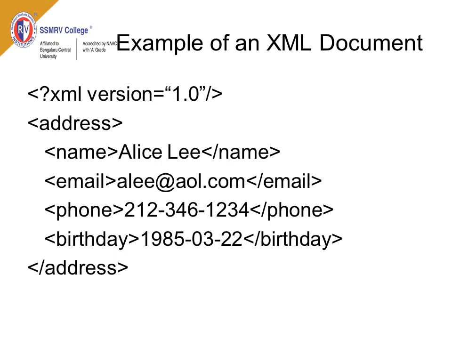So this is a tag of XML, and this is a tag which is defined by the user, and it is not given by any XML document. So in an XML document we can define our own tags. This is the parent tag, and all these are child tags, and name slash name has the content Alice Lee, email, phone number, and birthday. This is just an example to show that you can define your own tags by using an XML document, or design your own extensible markup language.